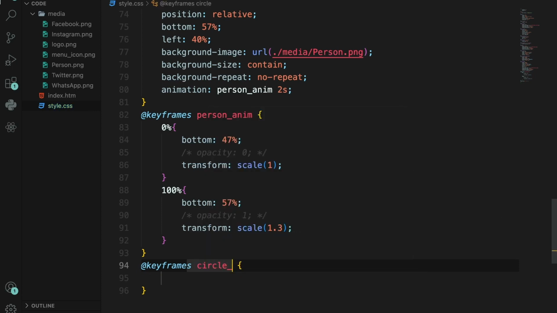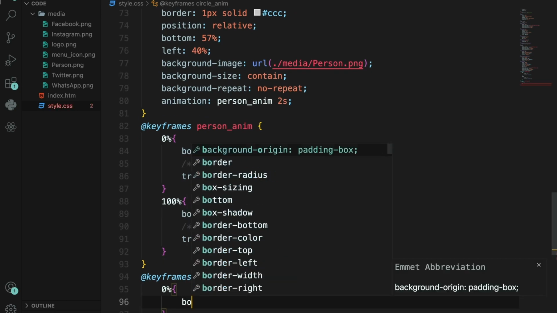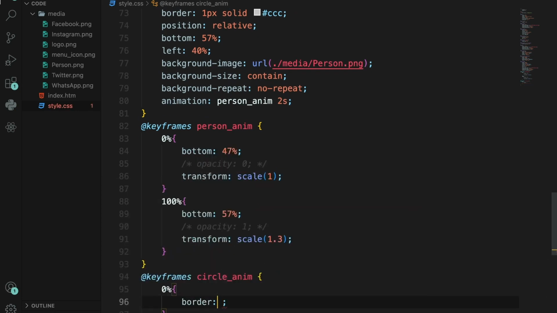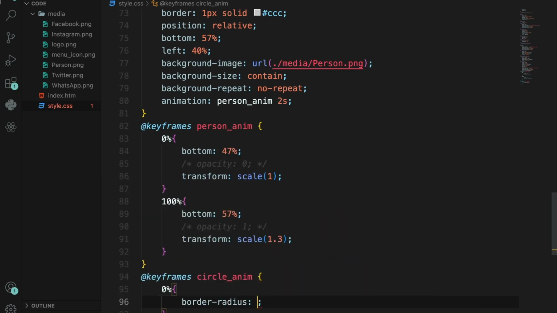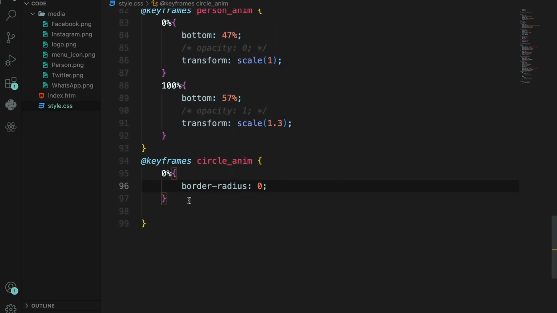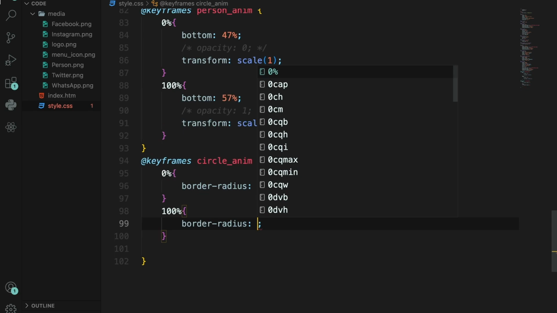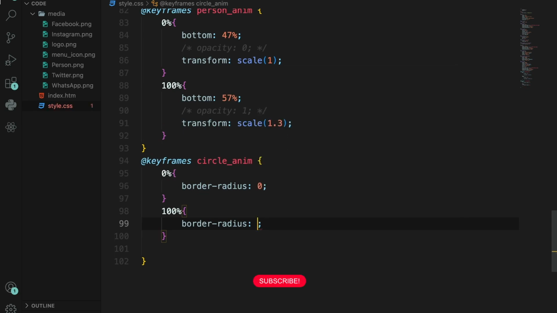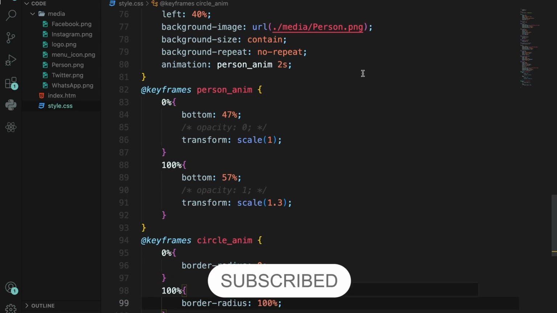Circle underline anim in 0%, border radius 0, in 100%, border radius 100%, and